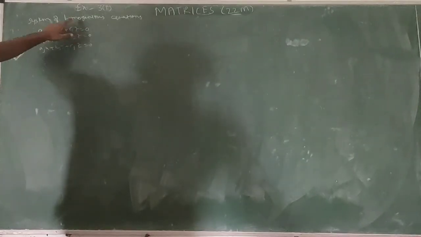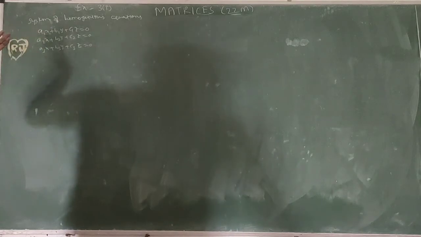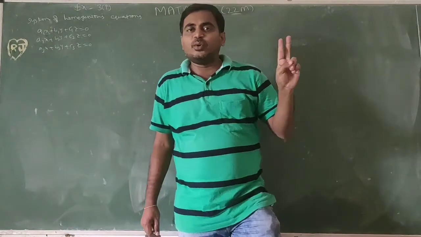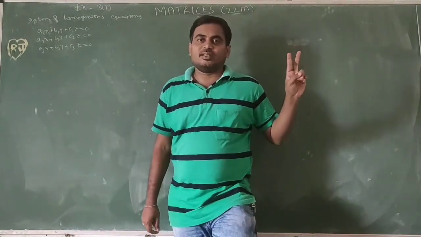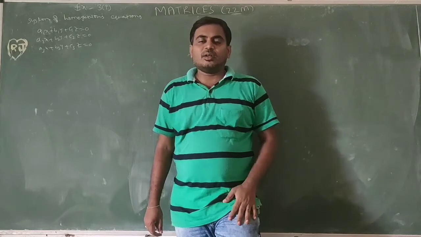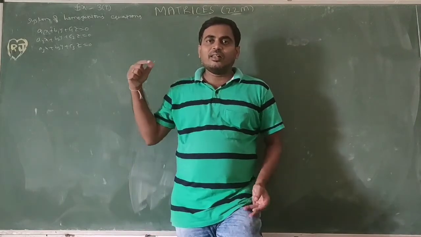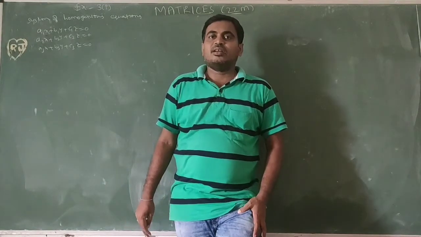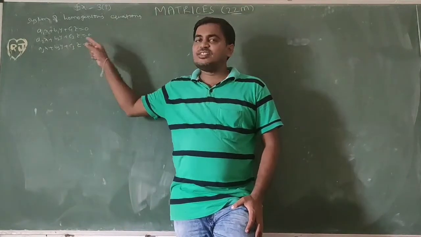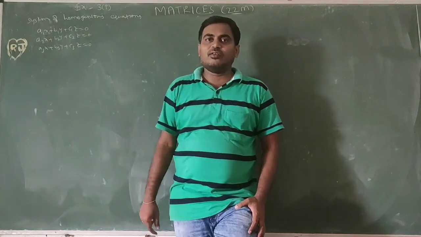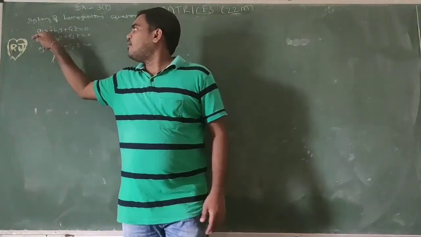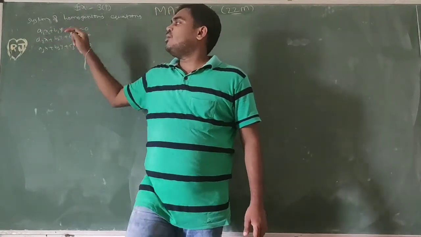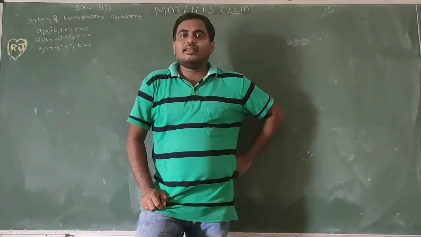Two or more equations are called a system. If it is only one equation, it is a single equation. If it is two equations, a pair of equations. If it is three or more, then all equations together are called a system of equations. Homogeneous means the degree of each term is equal to 1. So this degree 1, this degree 1, this degree 1. So all degrees are equal to 1.